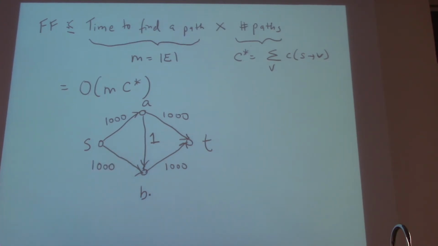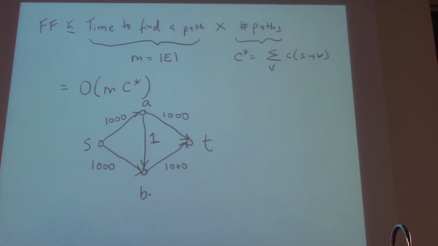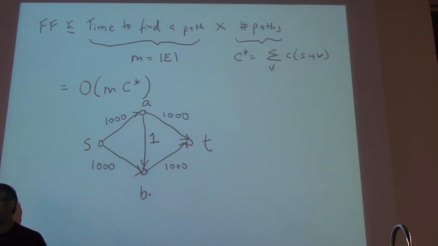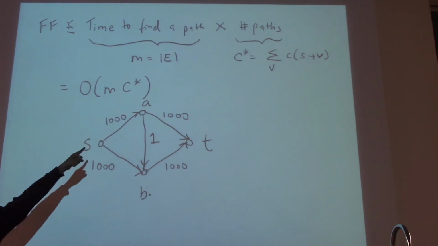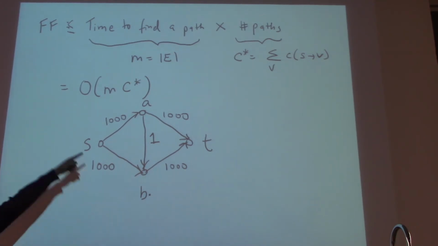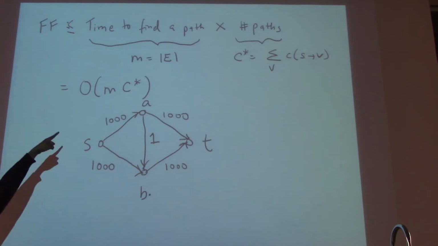What happens to the residual in the residual graph, that edge from A to B? It flips direction, doesn't it? Because the downward direction becomes saturated, but the upward direction gets a capacity of 1. Okay, the next step I go from S to B to A to T. How much flow can I push? 1. What does the edge now look like? Oh, it's back to looking downwards again, A to B. It's flipped back. You could imagine the algorithm going, boom, boom, boom, boom. How many steps would it take? It would take 2000 steps, which is exactly what the algorithm says.